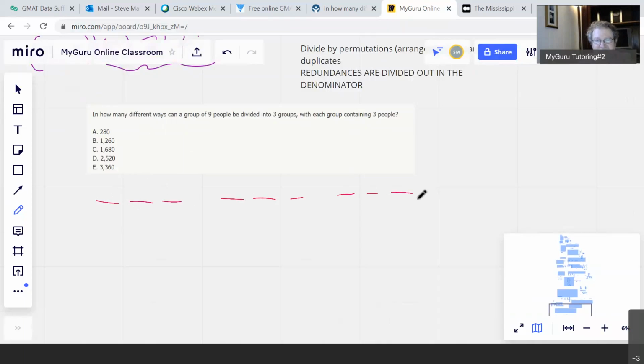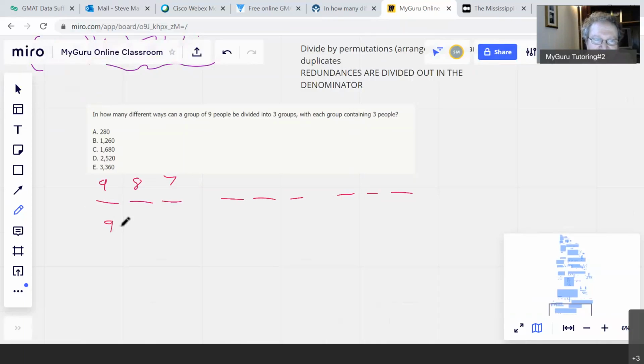So how are we going to figure this out? Well, the first spot in the first group is going to contain any one of those 9 people, then any one of those 8 people and one of those 7 people. But because we're talking about groups and not arrangements, this is going to be a combination. It's going to be a group problem. So for that first group, it's going to be